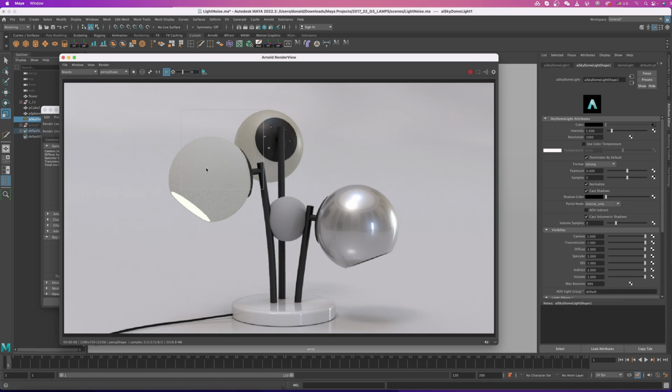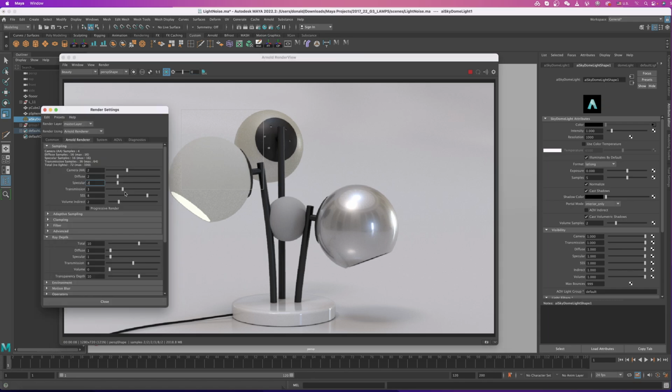You can see our noise is going away, and we still have a problem here. So what we can do again is to crank this one up a little bit, and you can see that one also will start to improve. Now you may be asking, if all the noise is dissolved here and here, why don't we just increase